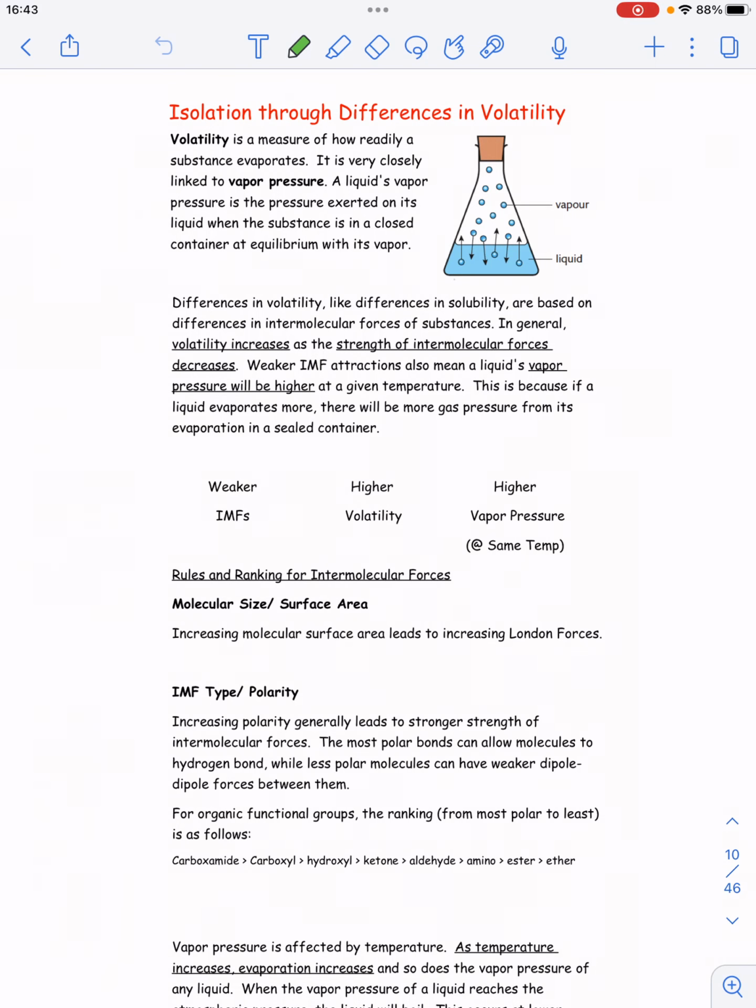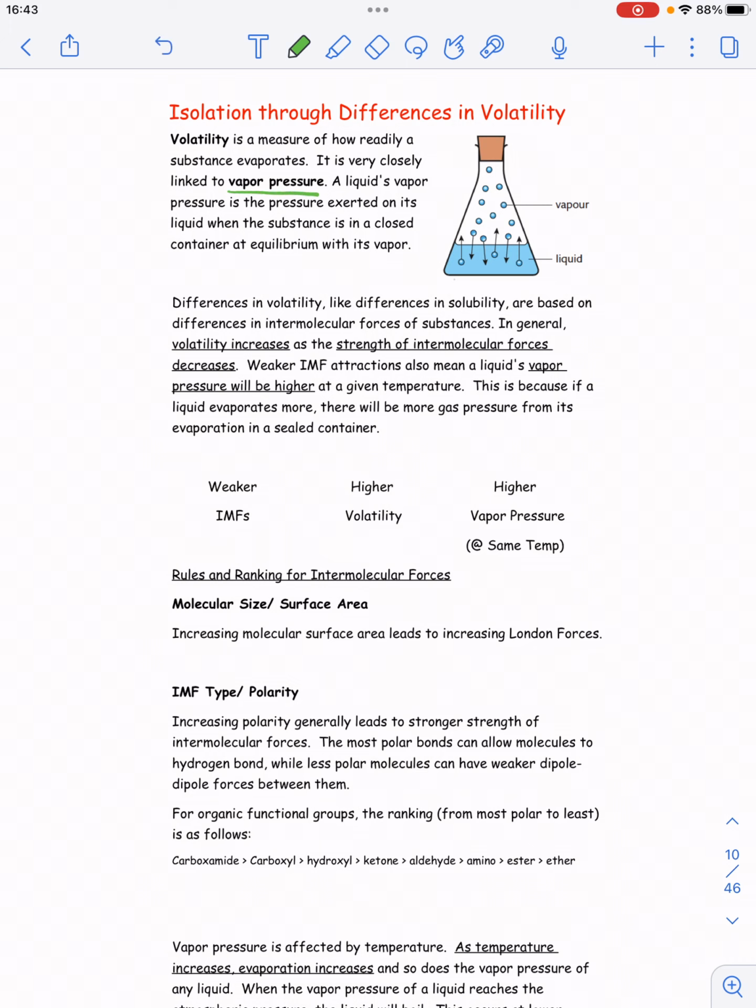Okay, so separating or isolating things through differences in volatility. So volatility we know is related to IMFs. It's not a physical property they ask about a lot on the IB exam, but they do sometimes. And volatility is basically a measure of how quickly something evaporates, and it's very closely related to a property called